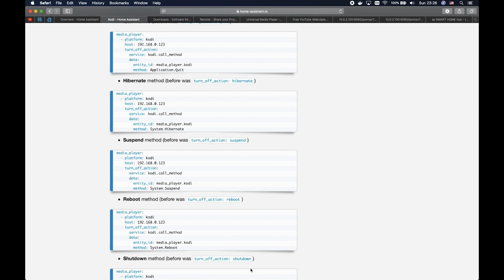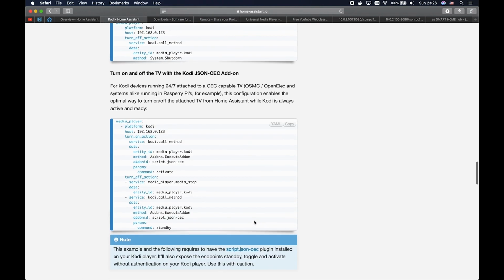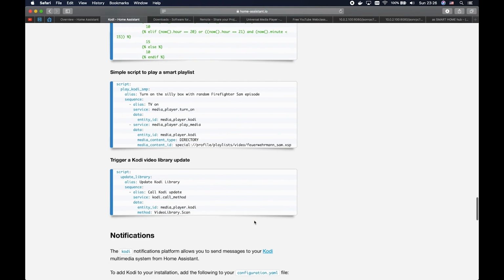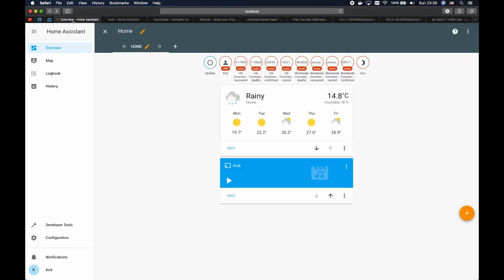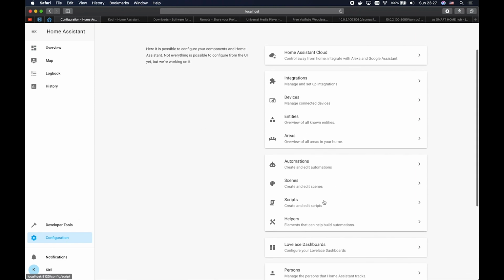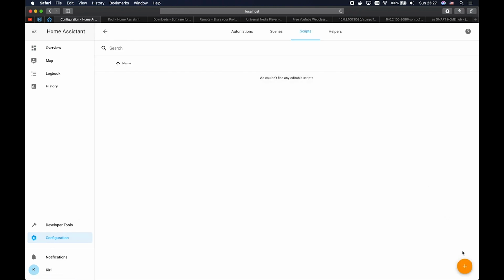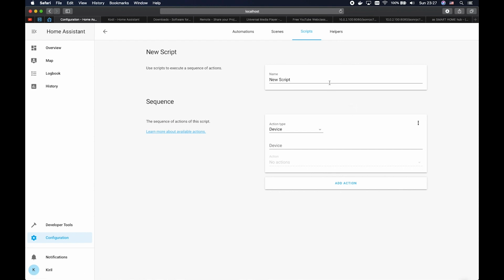Thank you! The next thing that we are going to try is Video Library Update. To try this, I'll copy just these two lines and I'll go to my Home Assistant, then Configuration, Scripts, and I'll create a new script by clicking on the plus button.